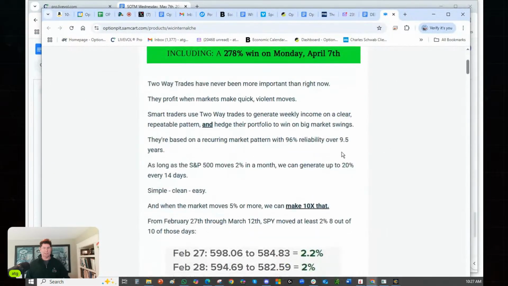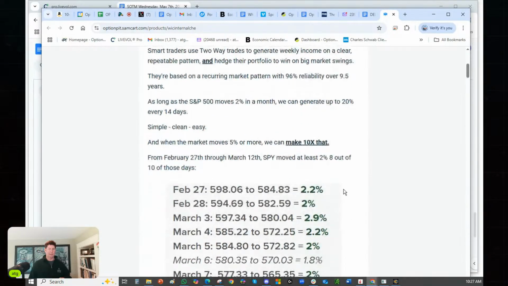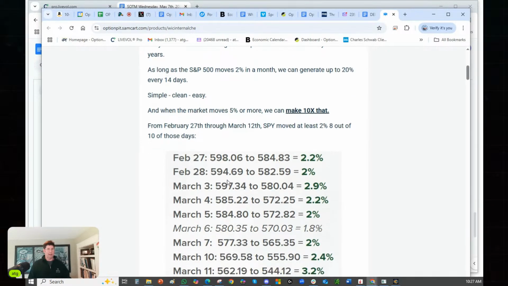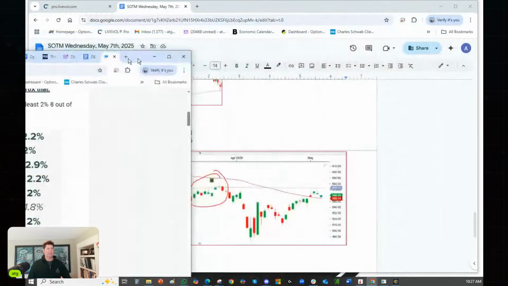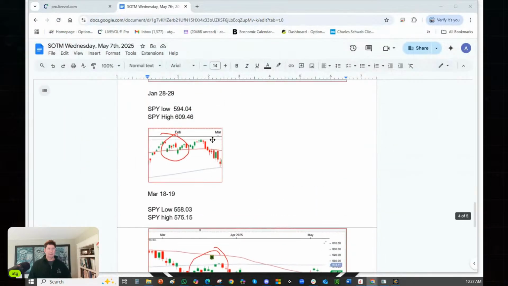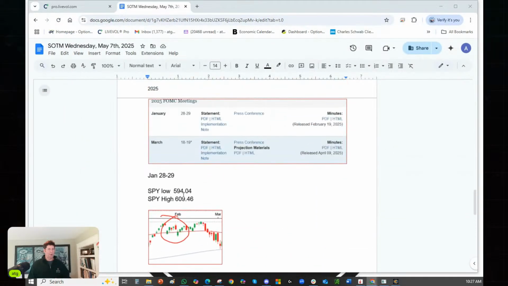Right? So basically we set up two-way trades. And the whole point of this strategy is I expect a 2% move in a month, and we should be able to generate a gain on a 2% move. Now, February and March, we've had almost 2% moves every day. Also, the point of this as a strategy is we are way over 2%